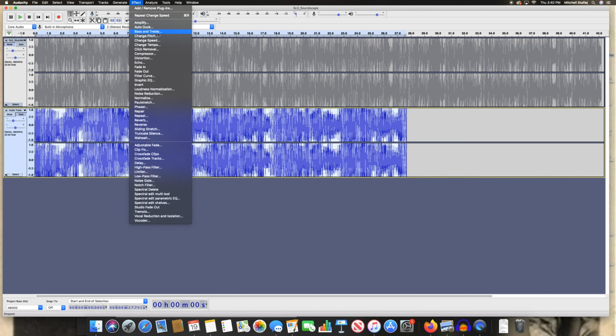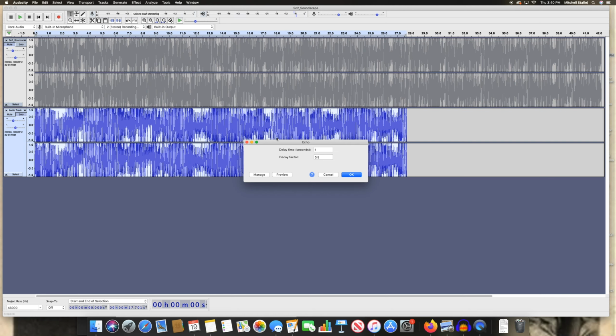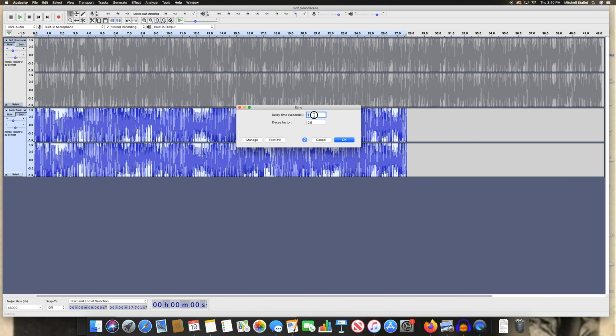What else do we have after distortion? We have echo, and here you can affect the delay time, right? So an echo, we all know what an echo is, it's how long the sound is reflected back at us off of an object. So you can add echo, and you can get an echo effect. And the decay is how long it takes for that bounce back effect to dissipate. We're not going to add it in, but